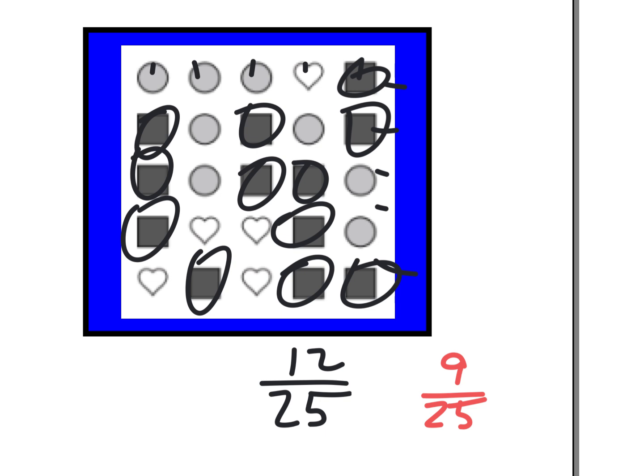How many picked a circle? Raise your hand if you picked a circle. 1, 2, 3, 4, 5, 6. 6 experimentally, 6 out of 25 of you. That was the experiment we did. Not the actual probability. The probability of the circle was 1, 2, 3, 4, 5, 6, 7, 8. It should have been more people picking circles, and there should have been more people picking squares, which means probably